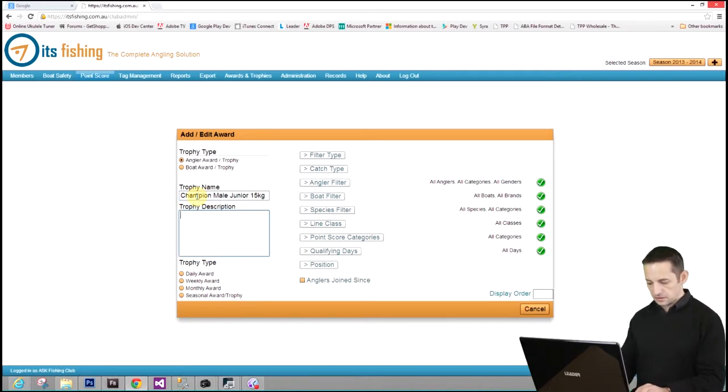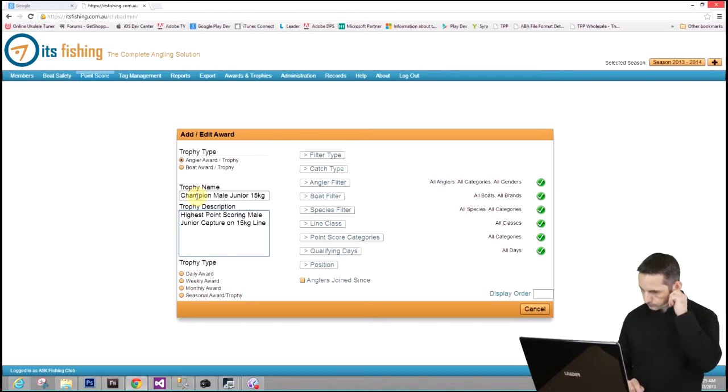And the description is going to be highest point scoring male junior capture on 15 kg line. Again, we're going to make this a seasonal trophy,